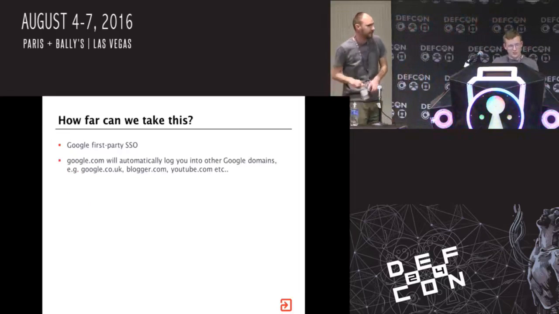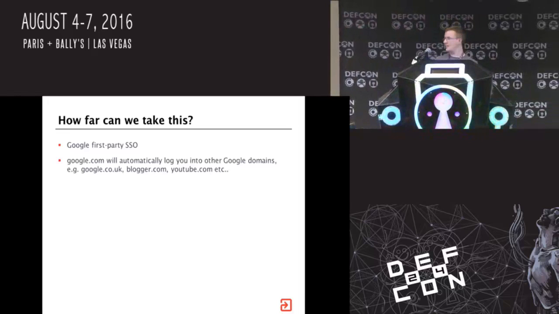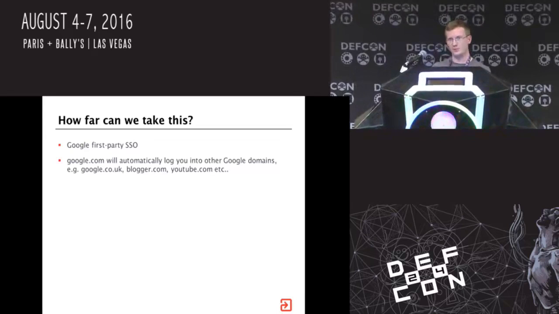Okay, so we've shown you a few demos, which we're quite pleased with, but we want to go even further. So we've stolen some of the kind of accounts that most people don't care about. I mean, you tend to use OAuth for things that you can't be bothered to create an account. But we want to go after the good stuff. So we're going to attempt to get into your Google account now.